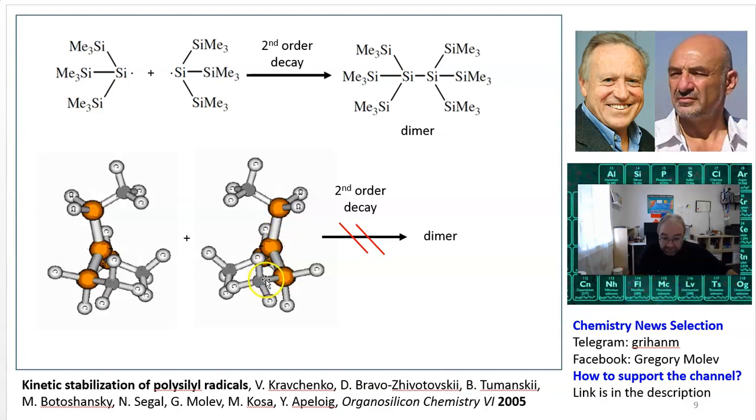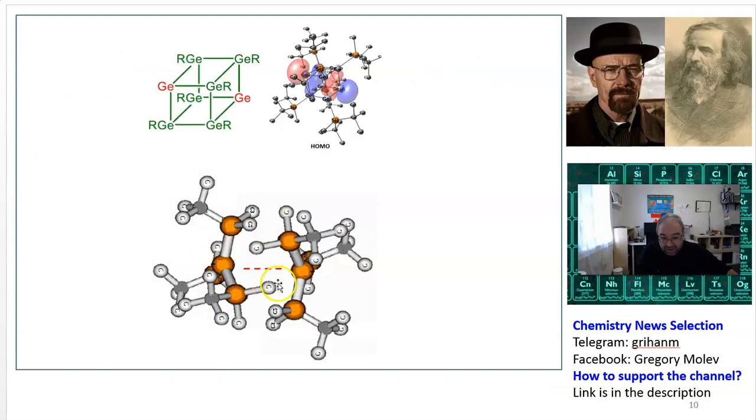But what we never calculated is the other way. So if you turn them back to each other, can an orbital form here, like it formed in this cube? It probably will be more or less a similar distance, maybe a little bit more, but maybe it's enough to form the singlet structure of the biradical. And maybe this structure explains the weird reactivity of this molecule, which we still do not understand.